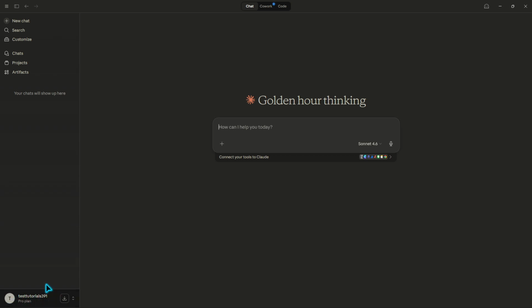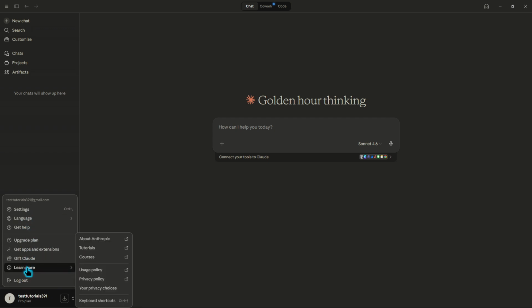Click on your account area in that bottom left corner. When you do, a small panel or menu will appear. This account menu is designed to give you quick access to account-specific actions without taking you away from your work. Take a brief look at the options so you're familiar with what's there for next time, but for now we're